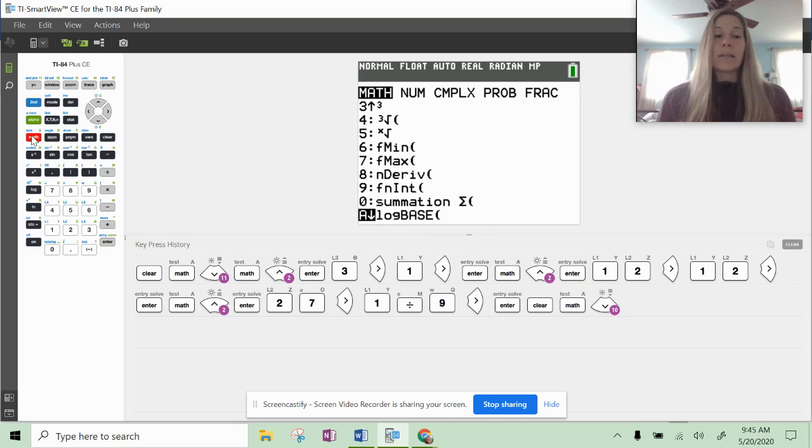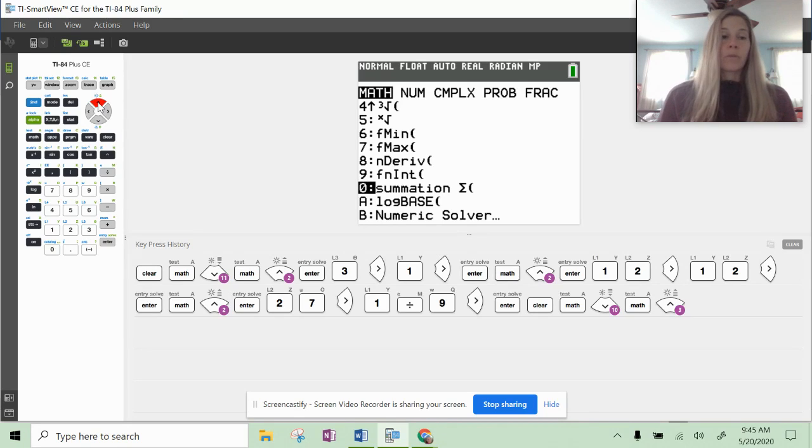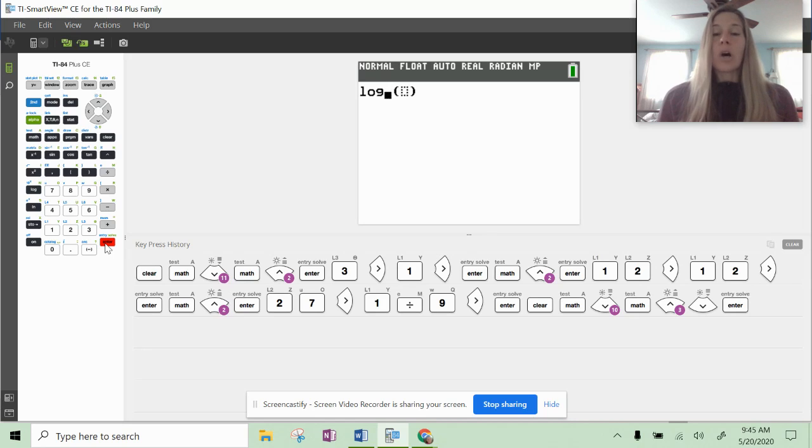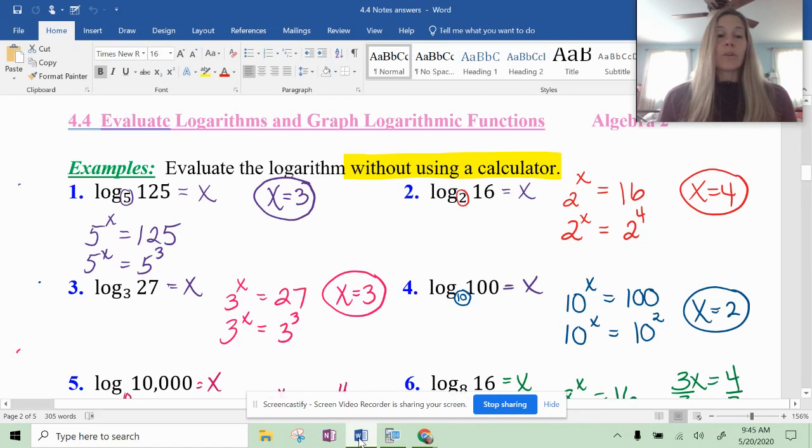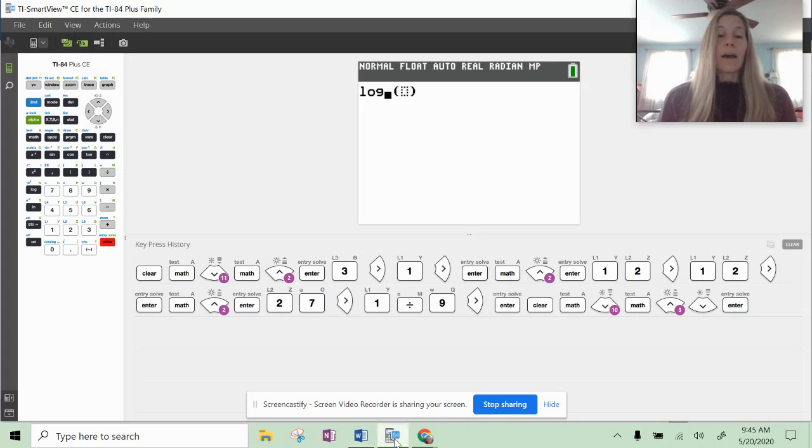But a quicker way to get that is if you press the math menu and you just hit the up arrow. You only have to go up twice to get there, which I went too many. And then you would hit enter. And now you can see you have this log on your screen with a base that you can fill in as you want to. So if we're going to do this first example here, which was log base 5, 125,